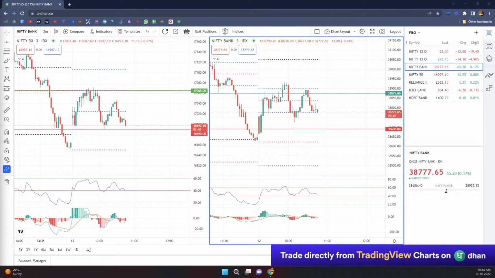And I was also telling you about the futures premium and discount. What is the spot trading at and what is the future trading at for the Bank Nifty? This is the Bank Nifty spot, which is trading at 38,778 and the future is trading at 38,890. So is it trading at a premium or at a discount? Premium, 100 rupees and above.